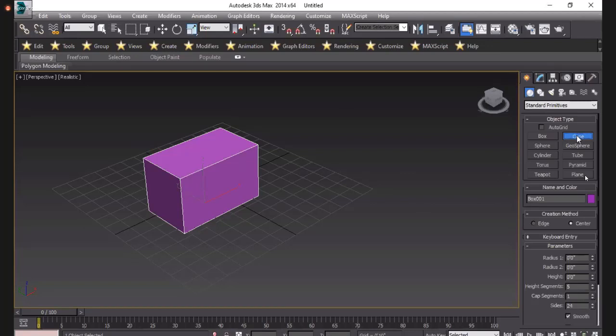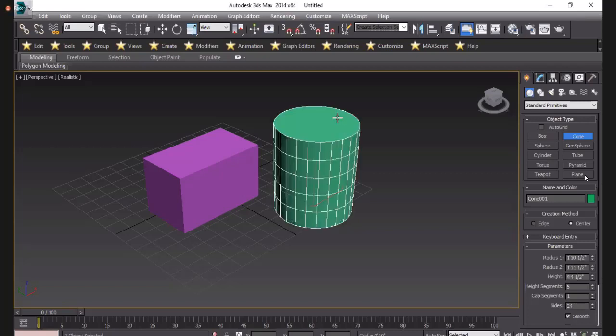Just select it by using left click. Just select it. Cursor drag on your screen. Just simply place it on your screen. Take one point and leave it.